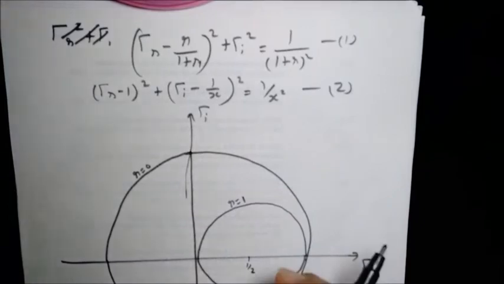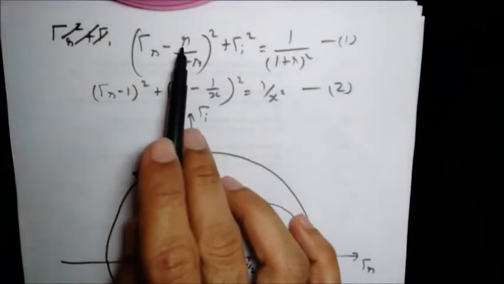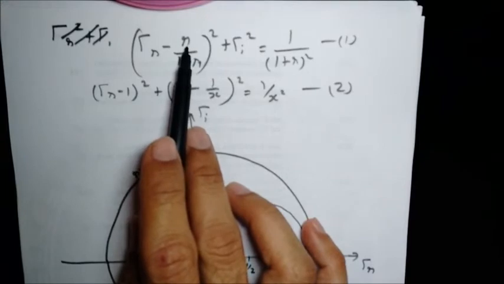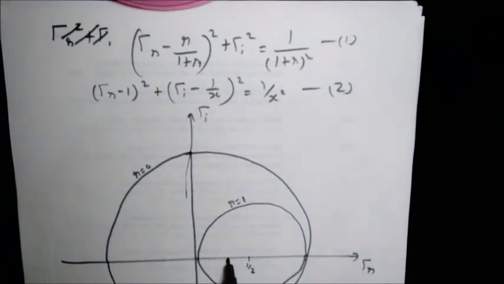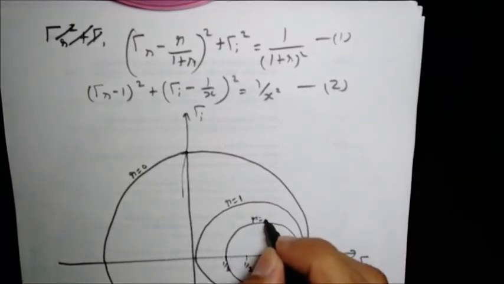Now we can go for r is equal to 2. So when r is equal to 2, you will have the center of the circle at 2 by 3, 0. So if this is 1 by 3, this will be 2 by 3. So at 2 by 3, gamma r 2 by 3, gamma I is 0, center will be here, and radius will be, since r is equal to 2, radius will be 1 by 3. So you will have a circle. This is 1 by 3. So the center is here. The circle will be like this. So this is for r equal to 2.